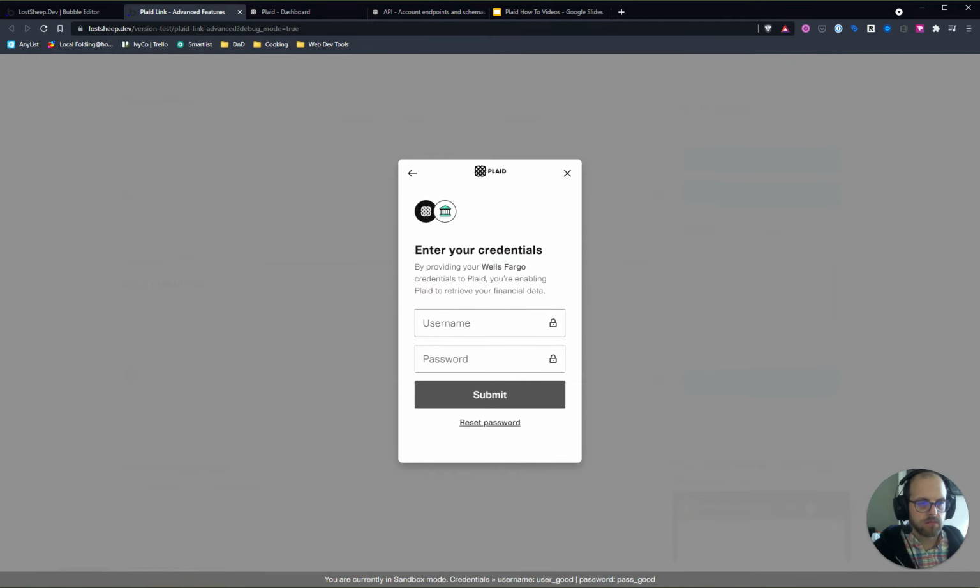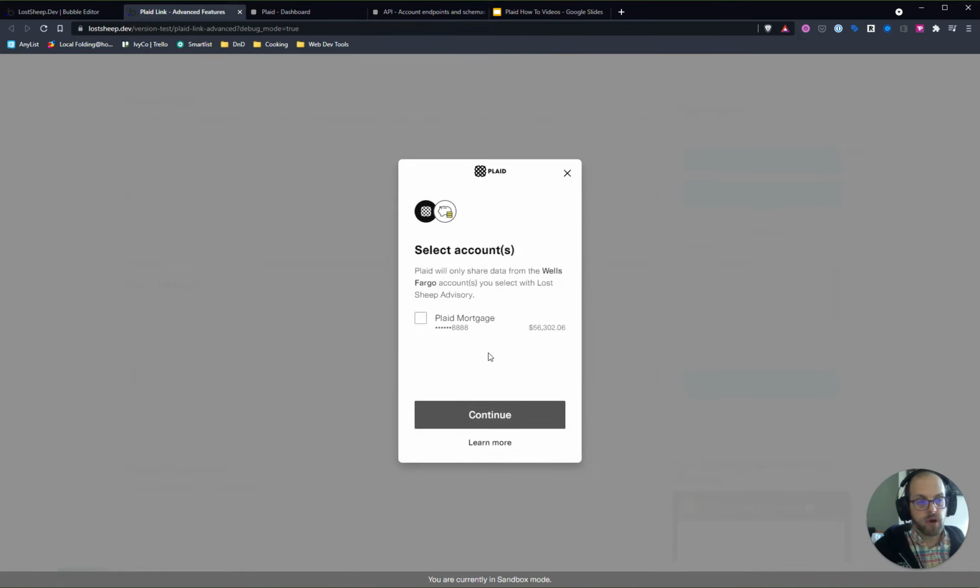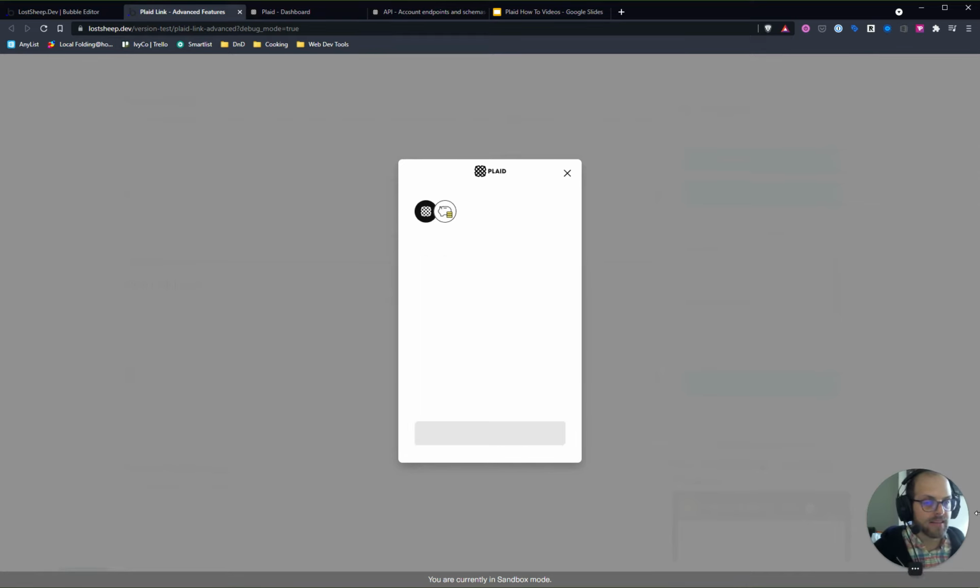Let me pick Wells Fargo. As we already talked about, only institutions on that previous page show up that support the liabilities product. Now I see only accounts that are of type mortgage. So even though student loans and credit cards have data available under the liabilities product, because of my account filter, I only see a mortgage loan here, and I can select it and continue and get that connected to my